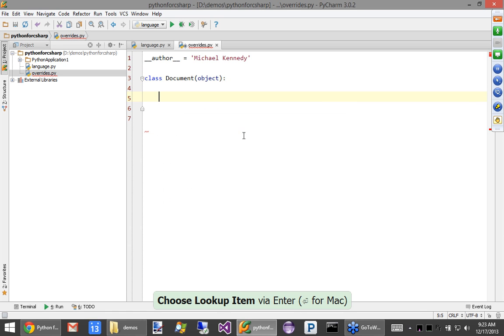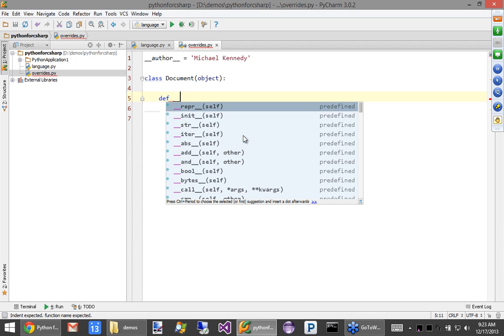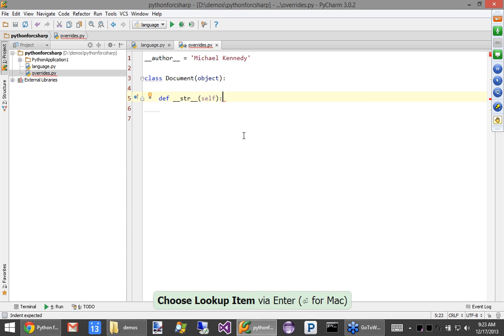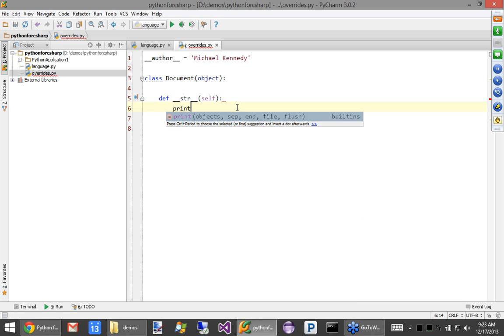Now, you don't say override, you just say def, and the way you express operators and the built-in stuff is with these double underbars. We'll say __str__, and just return "This is a document", right?